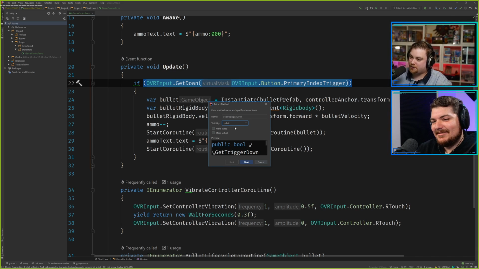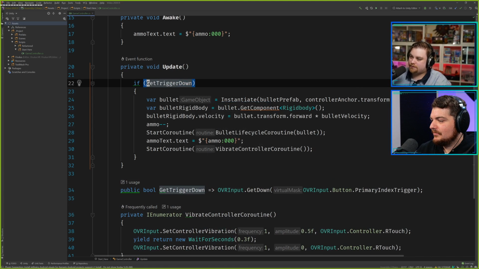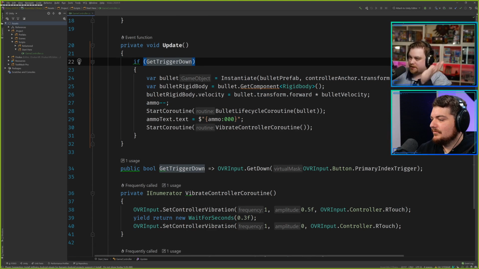We haven't even gotten to the point that you might want to swap it out for an abstraction layer that's different, anything from Rewired to OpenVR to even the new XR solution that Unity is providing. So rather than going, which one is this using? Which button is it referencing? What is going on here? If that was just if trigger, then you can figure it out later. What is left trigger down? It does a thing that detects whatever the left trigger is.